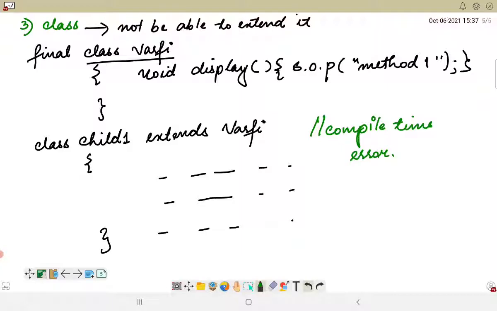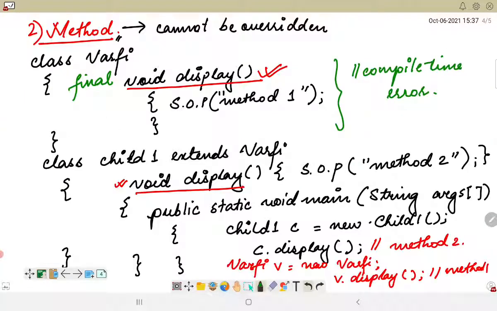Now there is a very common question: is the final method also inherited? The final method is inherited, but we cannot override it. In the case of a class, I will not be able to inherit the class, but when I use final with a method, this final method would be inherited by the child class.